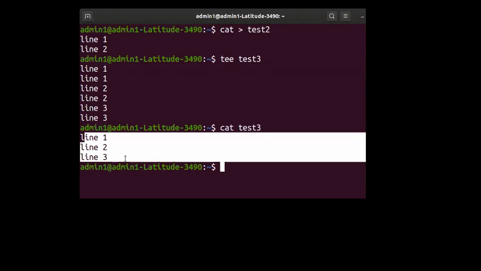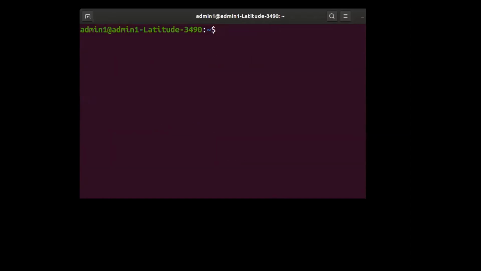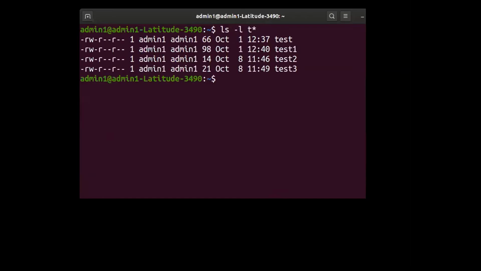So that is the meaning of the T command, which will produce output in two places: one is the standard output device, and another one is a file name. Now, since it is a filter program, I can also use it as a part of the piping mechanism. Let me tell you, cat test3, pipe it to T test4. The output of test3 is fed as input to the T command, and the T command will produce the output on the standard output device, and at the same time on a particular file, which is called test4 in this case.